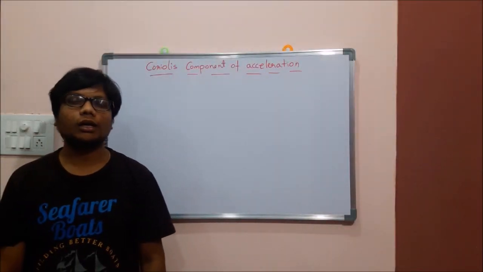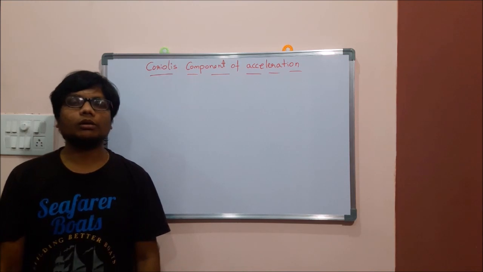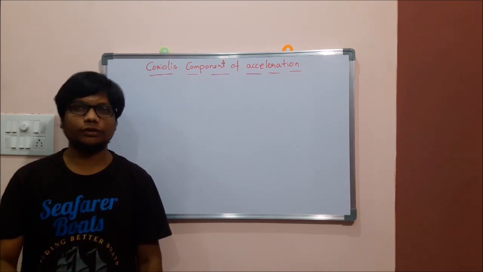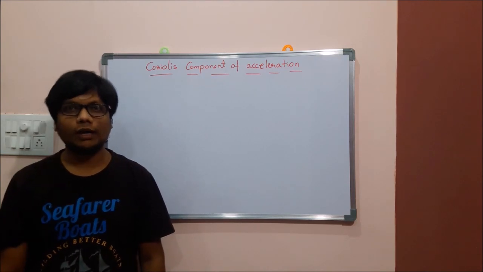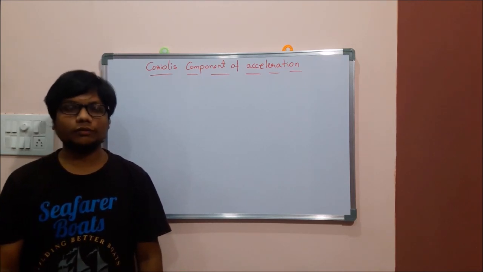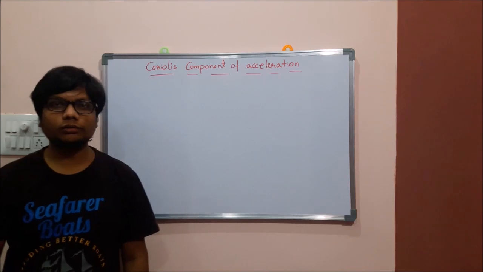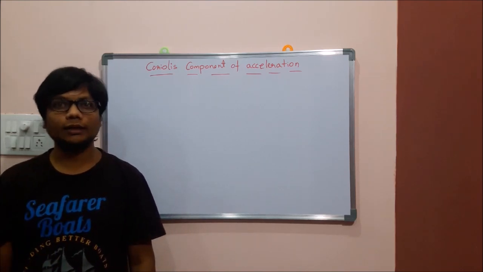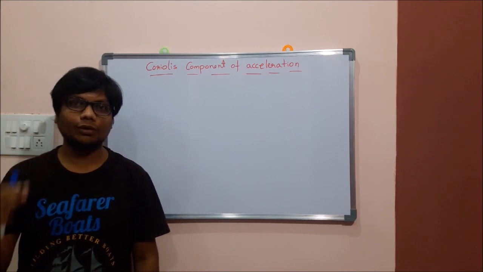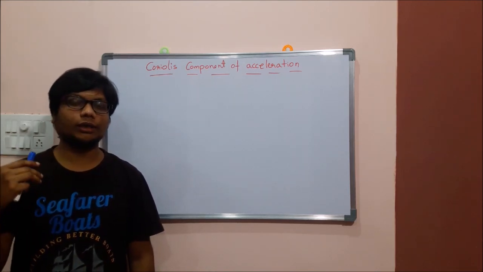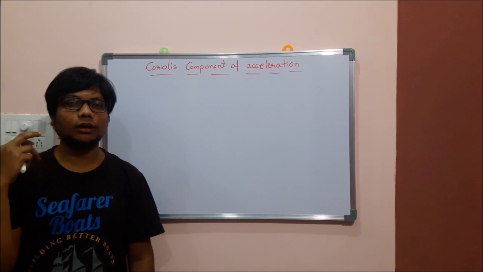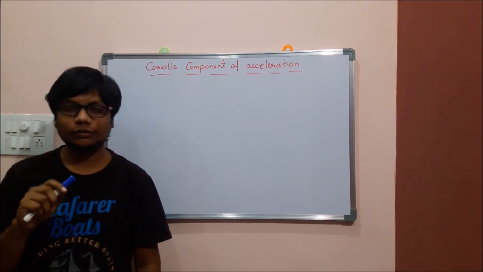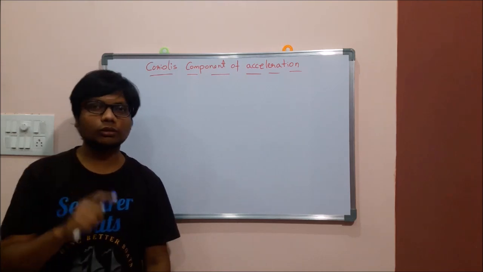In this video lecture, I am going to explain the Coriolis component of acceleration. Here, first I would like to give the definition for the Coriolis component of acceleration. So what does the definition mean here? It is a tangential component of acceleration of a point on a sliding element with respect to another point, which is the contact between the sliding element and the link on which it is going to slide. Okay, that is the definition we can give, but I think you don't understand.